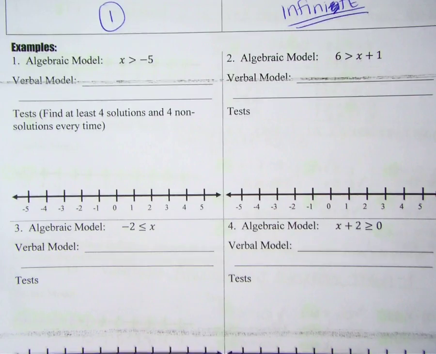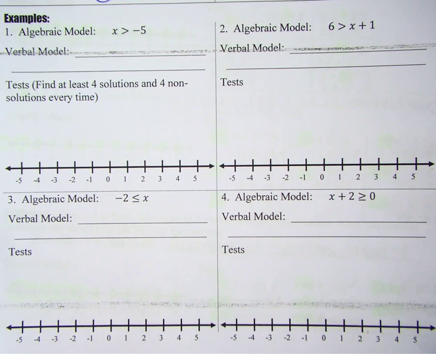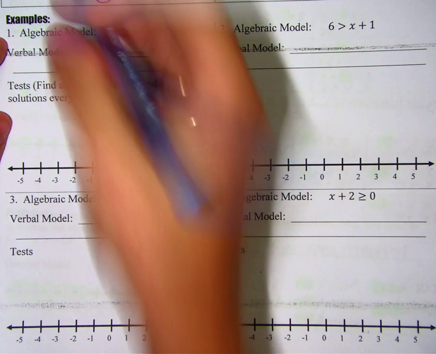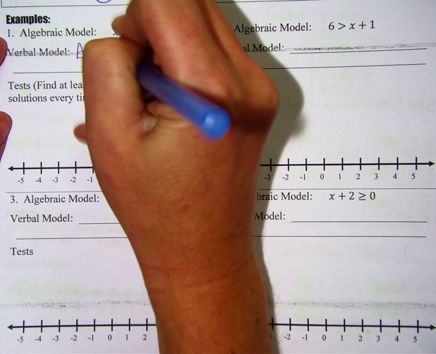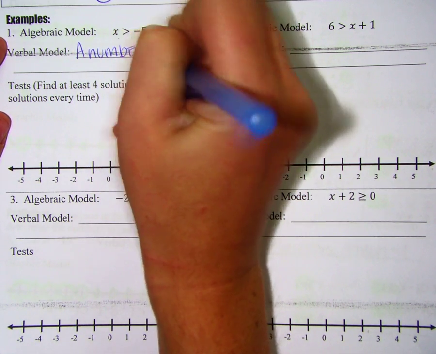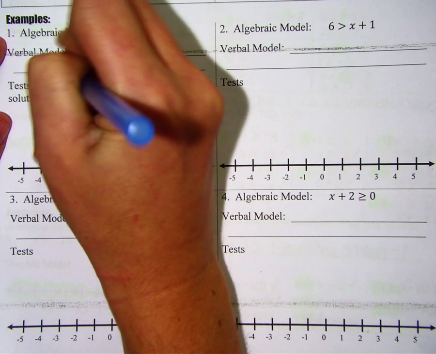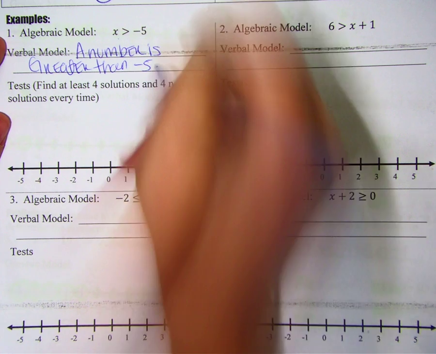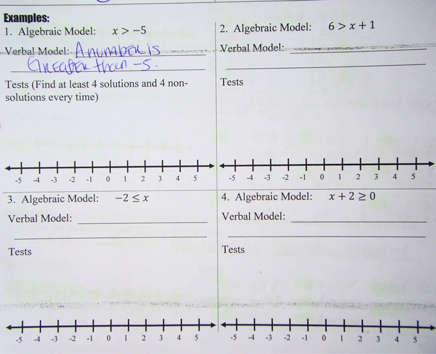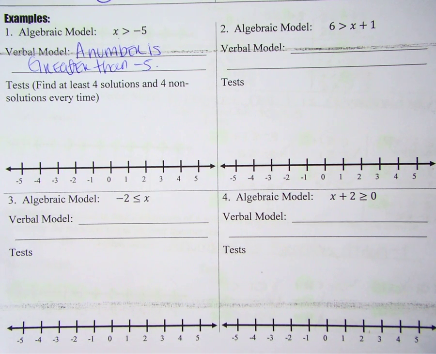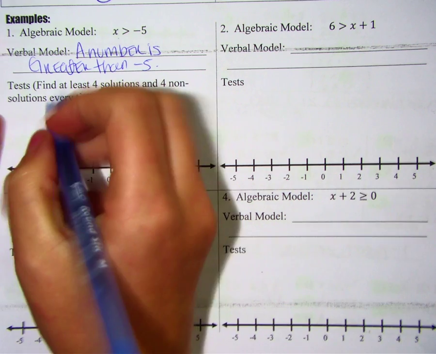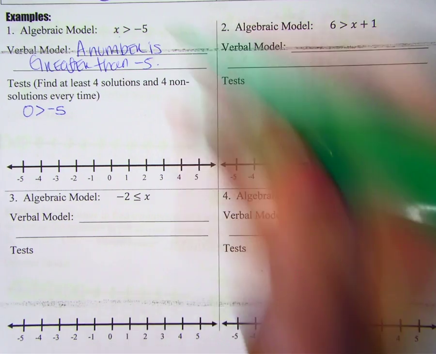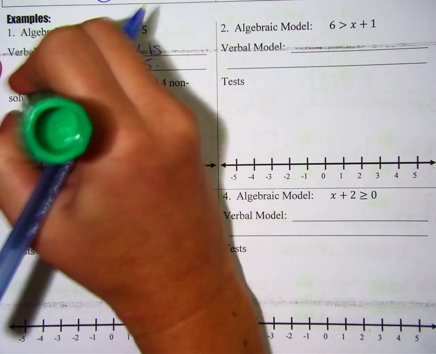Got these 4. This is a number is greater than -5. Now all we need to do is we need to pick a couple numbers that are greater than -5. So let's pick an easy one like 0. Is 0 greater than -5? What I'm actually going to do is I'm also going to highlight the x and the number I